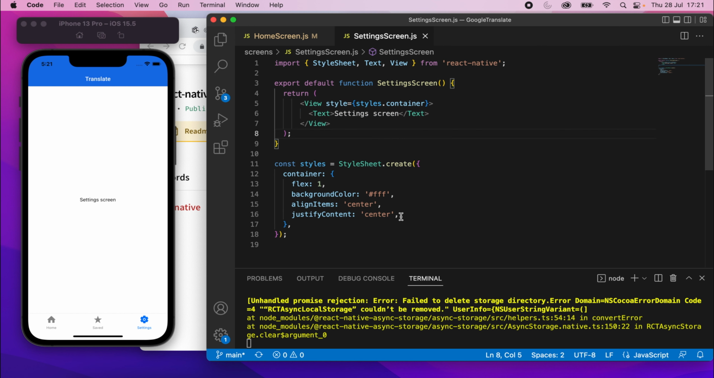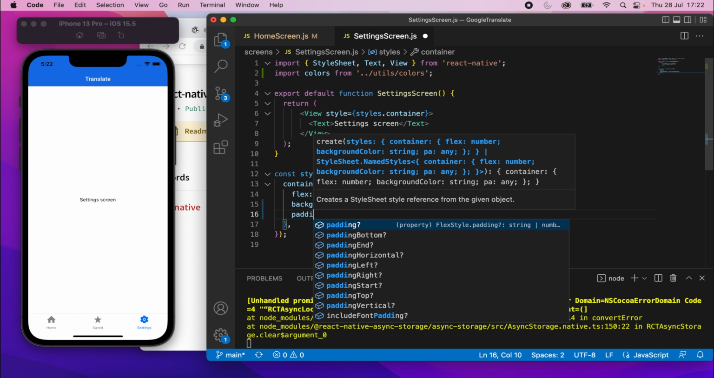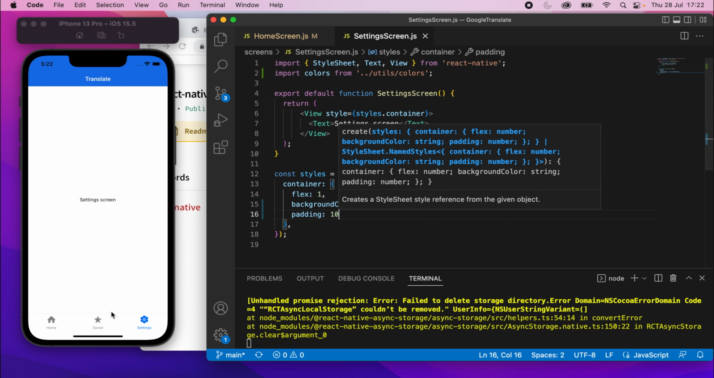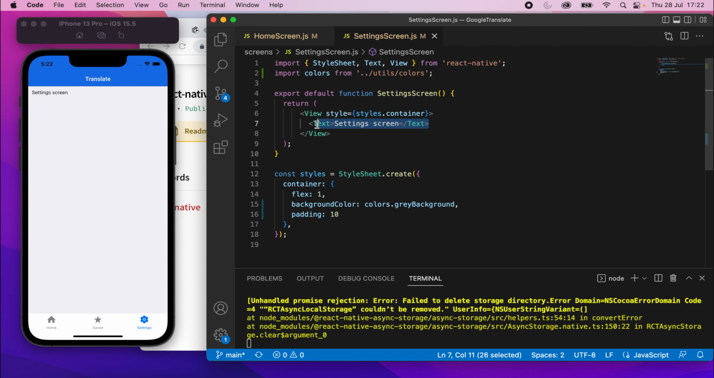I'm going to go down to here and get rid of the align items and the justify content styles. And I'm going to change the background color to colors.gray background. And then finally add some padding, which is just going to be 10, which is exactly the same as what we did on the saved page right here. Cool. So I'll get rid of this text, and then essentially we'll just add 2 buttons in there, but they'll